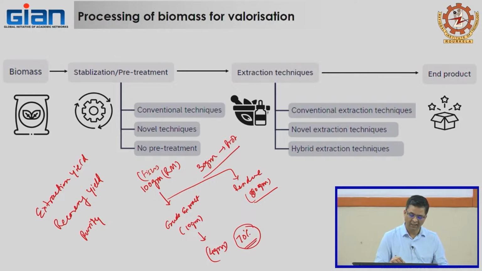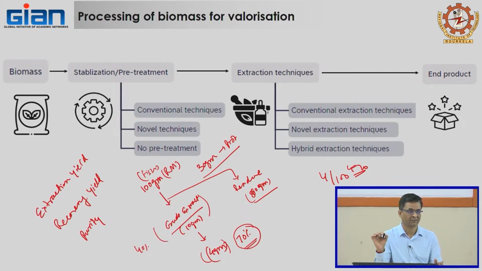Now, extraction yield will be the protein yield: 4 upon your starting material, that is 100, so that is 4%. Or the crude extract yield will be 4; if you take it against the crude extract, 4 upon 10, it becomes 40%. But that will again be the recovery of protein, 40% in this extract itself, right? If the original protein is 30 grams, the maximum protein you can recover from here is 30 grams, and here you have 4 grams, and